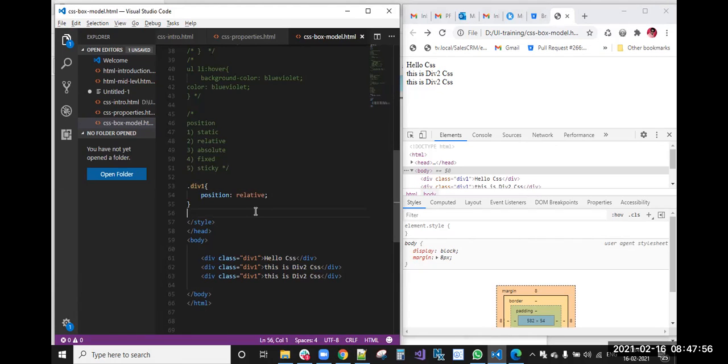I want to move the first div, this hello CSS, here.